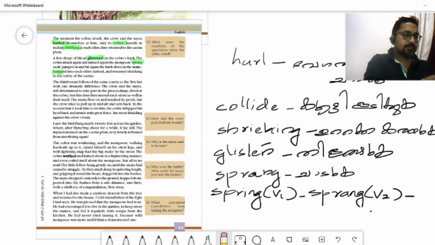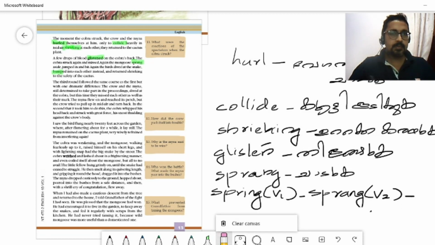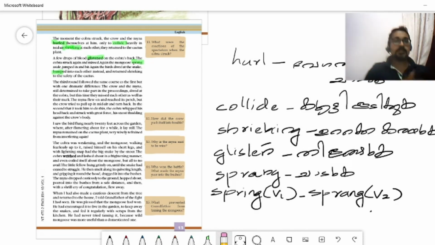Again, spring is the V1 form or simple present form. Sprang is the past form or simple past form or V2 form. Okay, once again,